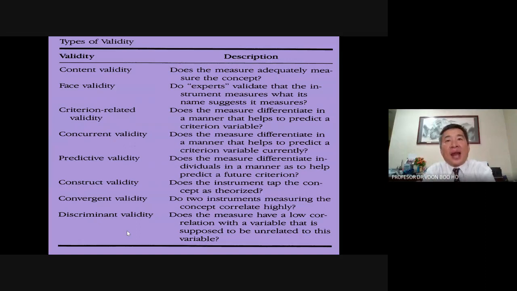So other than the reliability check, you also have to do the validity check. So in order to make sure that this measurement is good,